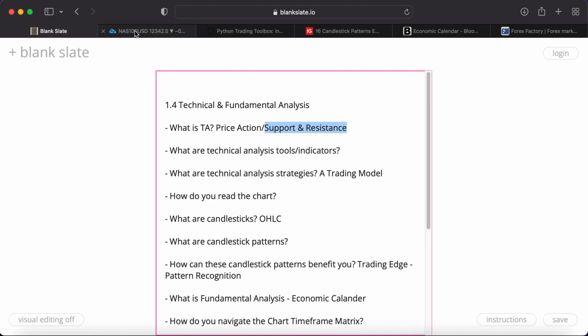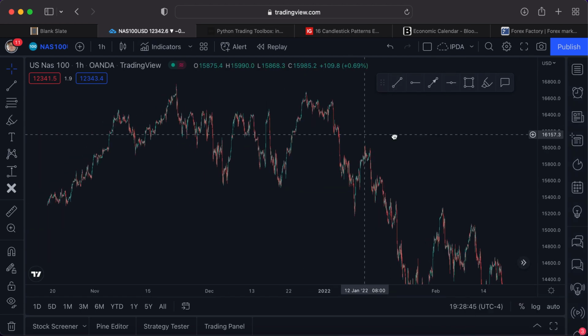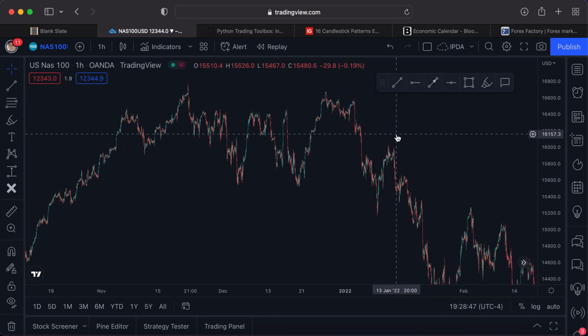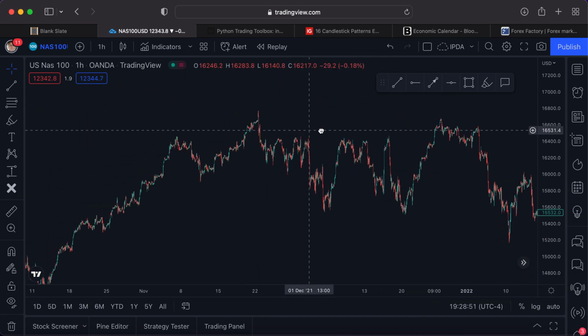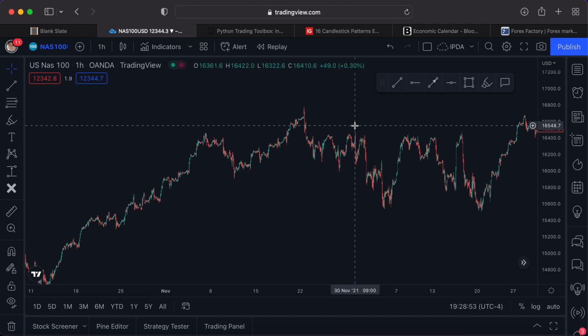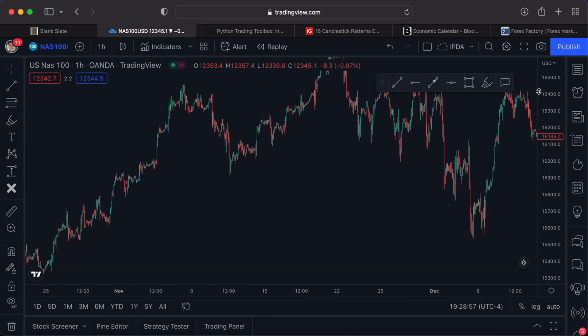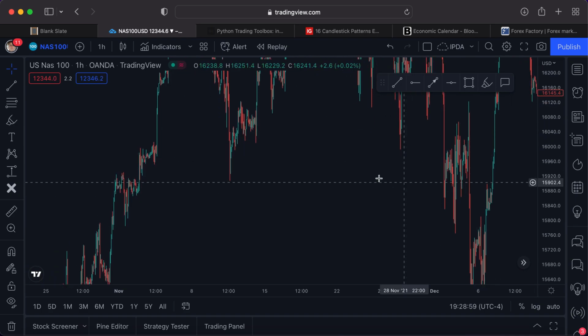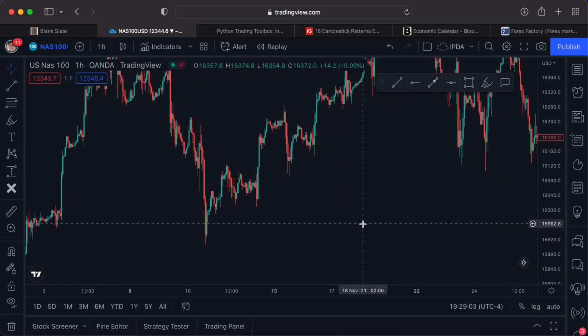So, let's see. What I have here for you is the NASDAQ, and we're just going to go ahead and outline some price action here. Okay, so let's zoom in. This is the 1 hour chart. So this is price action. We have